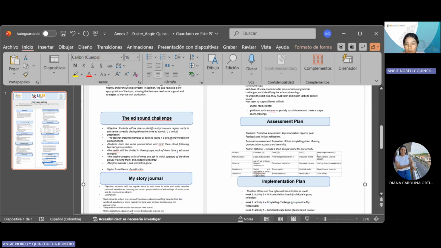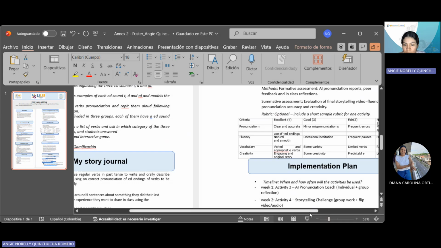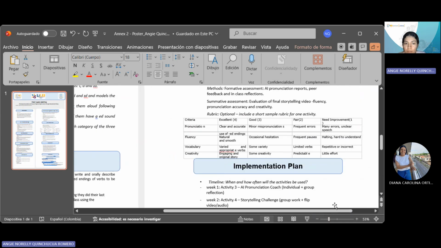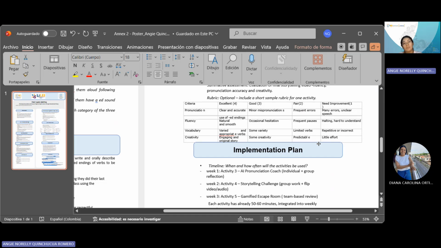Also, we have a criteria. Here we have a short rubric evaluation. We have excellent, good, fair, and needs improvement. And the criteria are pronunciation, fluency, vocabulary, and creativity. Because even in this short exercise to share our